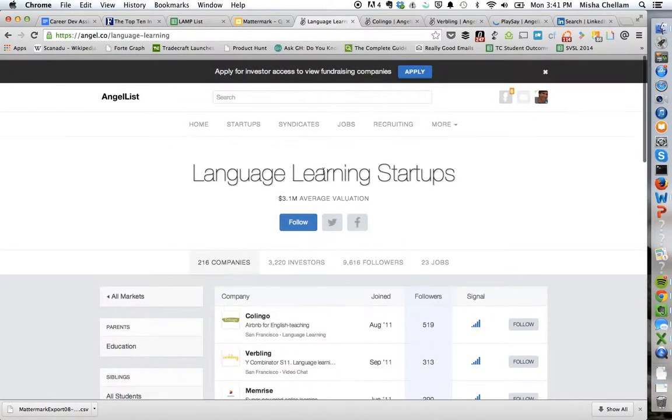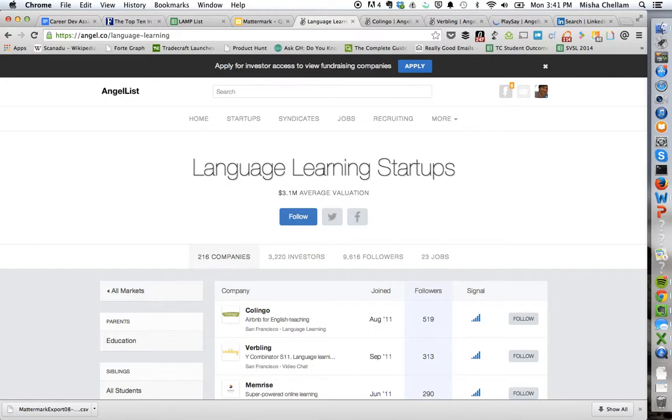You will discover a lot of companies you didn't know about through reaching out, talking to some of the practitioners at these companies. So one thing I would say is that in an earlier stage company, you're less likely to find a practitioner that you'd want to learn from directly. So at a smaller company, you might end up talking to the CEO or somebody in leadership. At a larger company, you'll be able to find somebody who's just a few years ahead of you in the track you want to be in. So balance those. So Mattermark is the first one, AngelList is the second one, and then a third one,